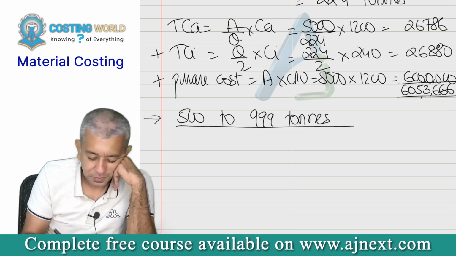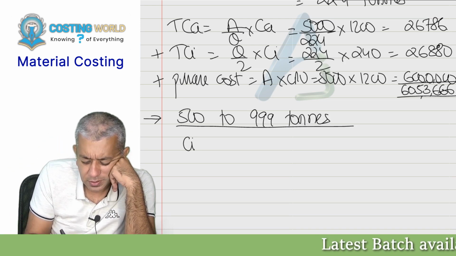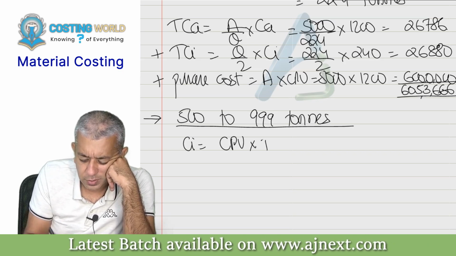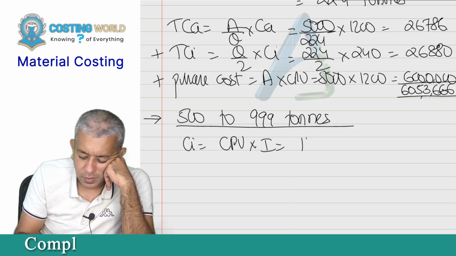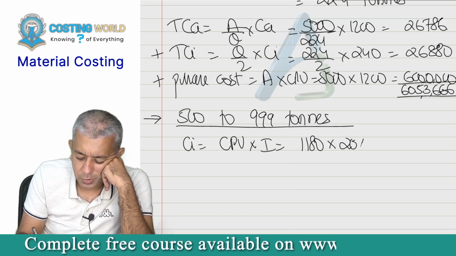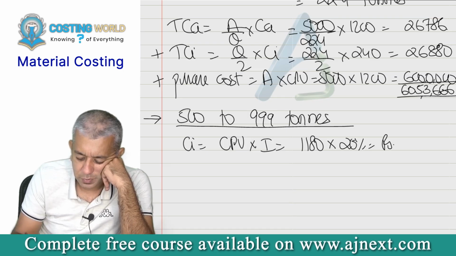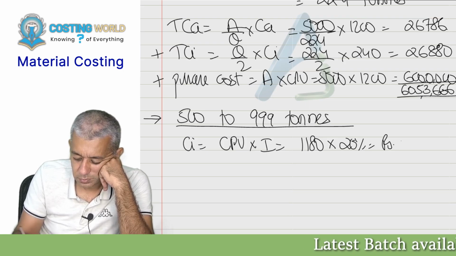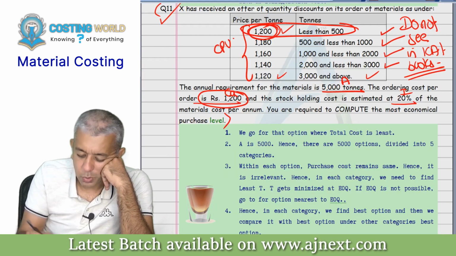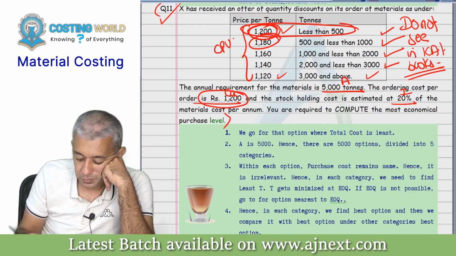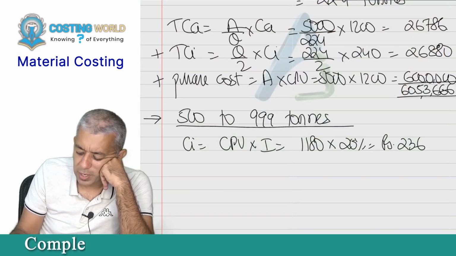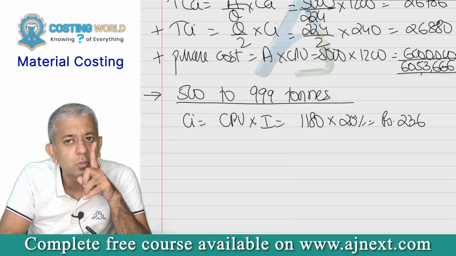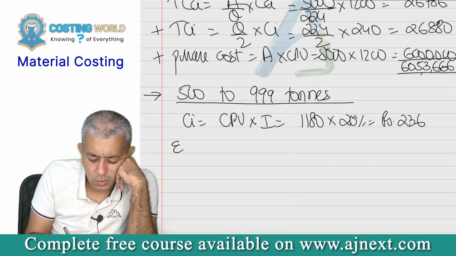Now see, let's find out CI. So CI is equal to CPU into I. 1180 is supposed to be the CPU into 20%. Get me this number, please. 236. CPU, do remember, is 1180 now. Can you say the next step? We should try to find out the best point under this category. The best point under this category will be nothing but EOQ, no? Okay, so EOQ